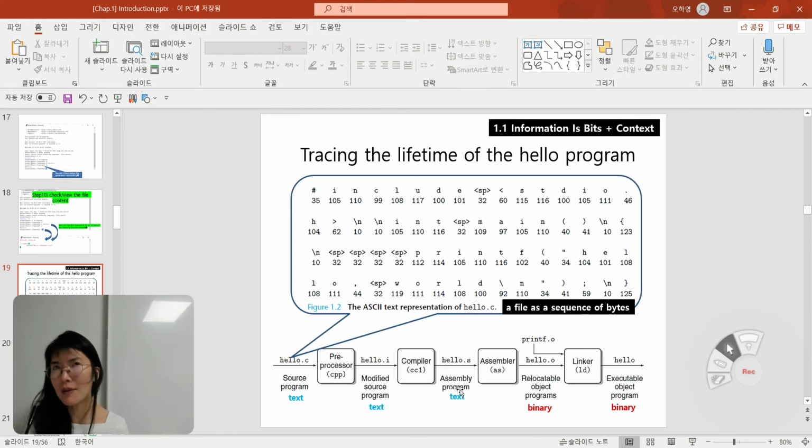The assembly program is not familiar to high-level programmers because it is short of English-level grammar and more similar to the machine language level. But still, the data type is text. After the third program, the assembler, the source program is translated to hello.o. So hello.o is the relocatable object program, and the data type is binary. Only the bit patterns of 1 or 0 exist here, which we cannot